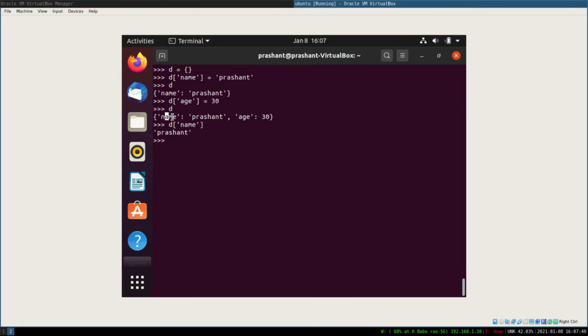You can keep adding different key-value pairs, and you just have to call the key name, and the associated value will be extracted.